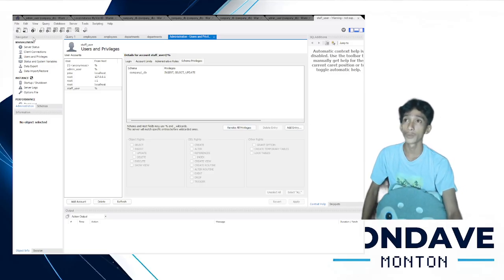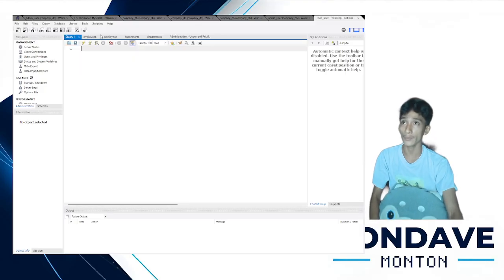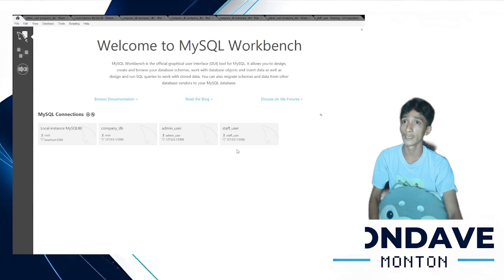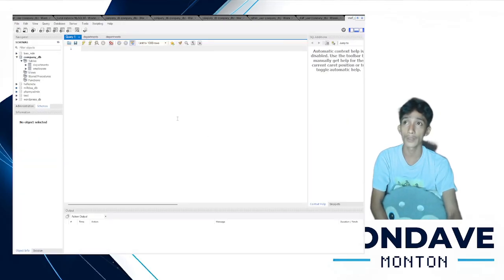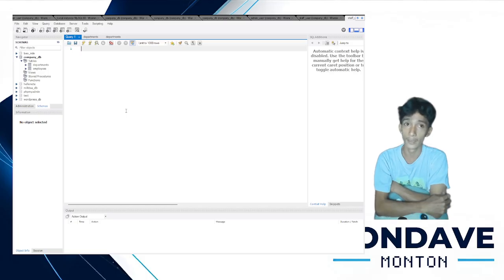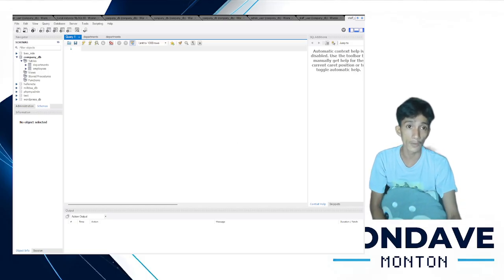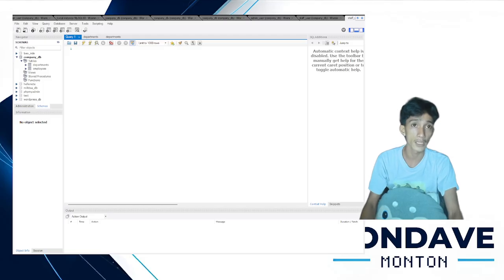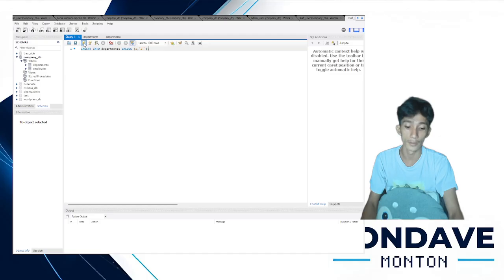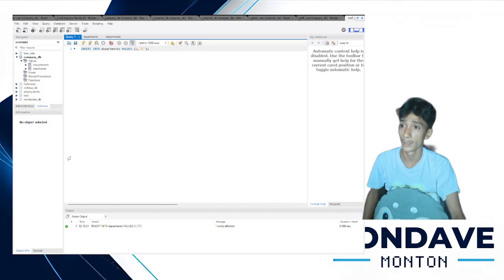To do that, you have to log in as the staff user, which we have already done, to test if the staff user functions correctly.